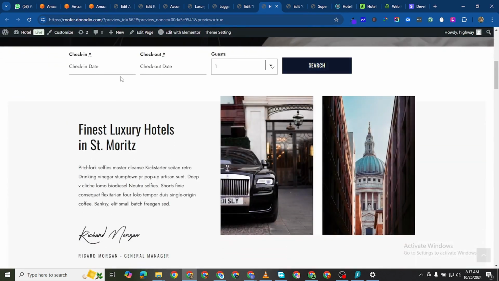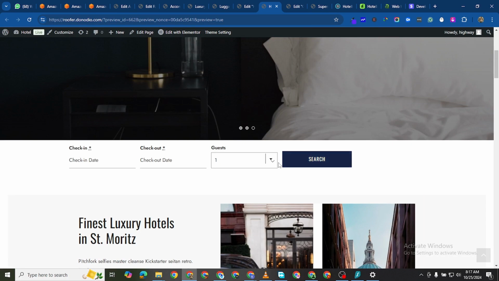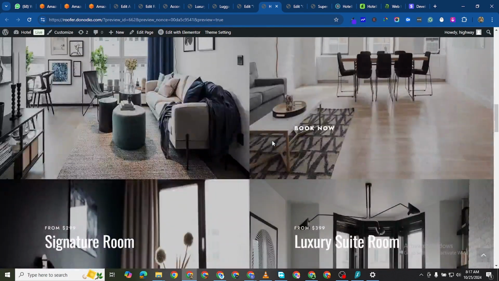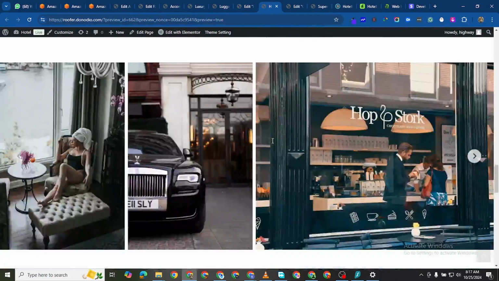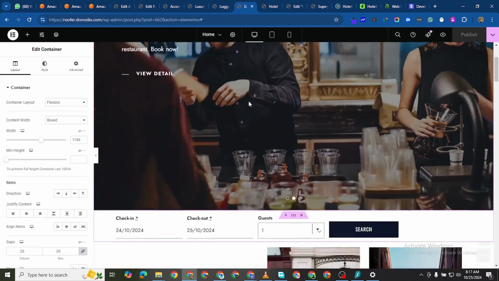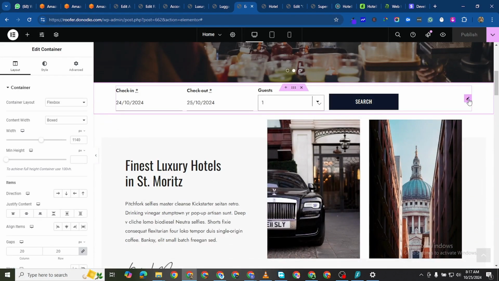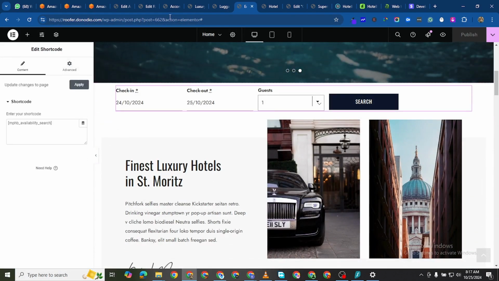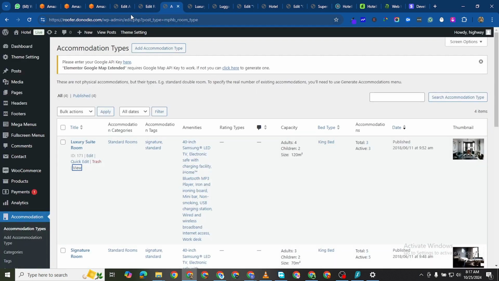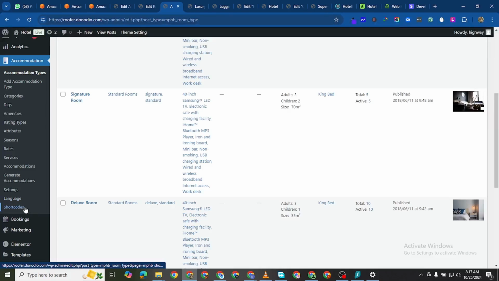So you can see we have this search widget here, and then we have all of these designs. They look very bold and all that. So the first thing I want to do is align this widget to the center. Now there are some other shortcuts we can add here to align it to the center. So if I come to my dashboard and I come to shortcuts,